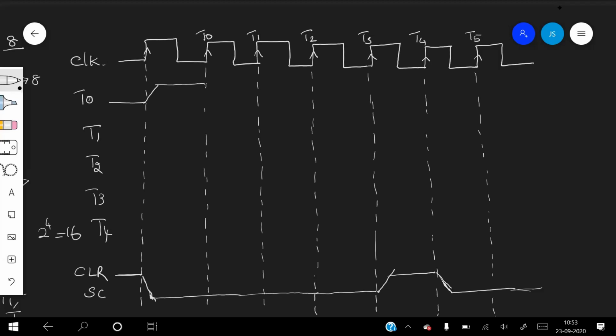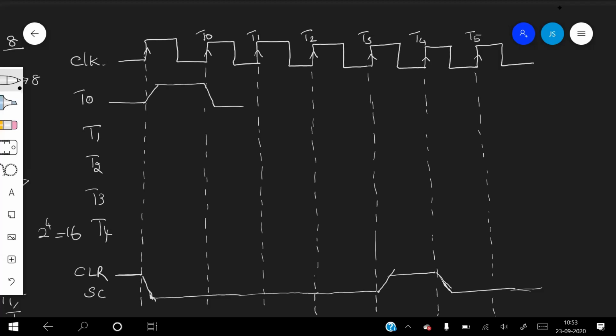So here T0 gets active, and this is one cycle. At time T0, the clear control of SC is low, it is not active. That means the other operation is performed, it is not clear.